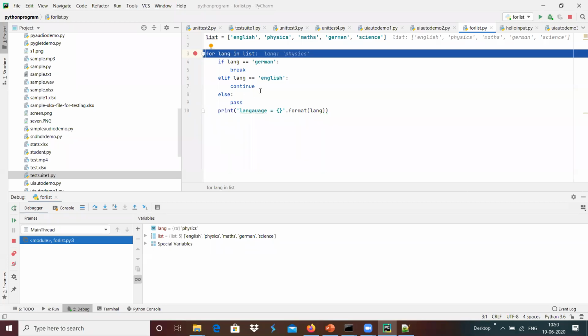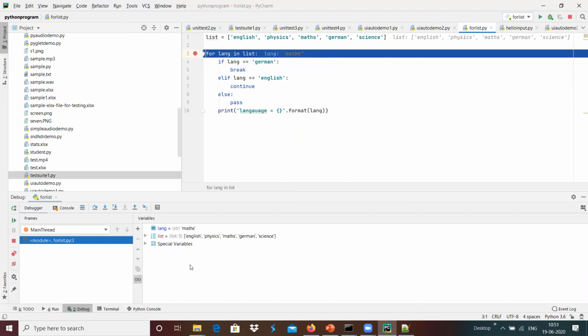This provides, for example, complete debugging of a program that can be done step by step. And suppose we put a breakpoint over here, and now we got the lang physics, and I'm going to resume the program with the help of this over here, and it basically runs another iteration, and it stops in the for loop because we put a breakpoint over here.